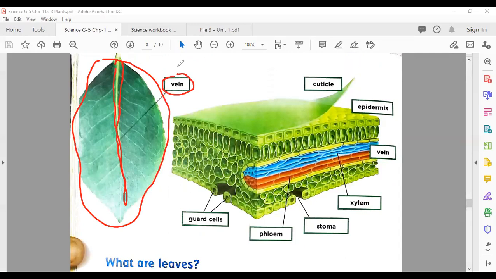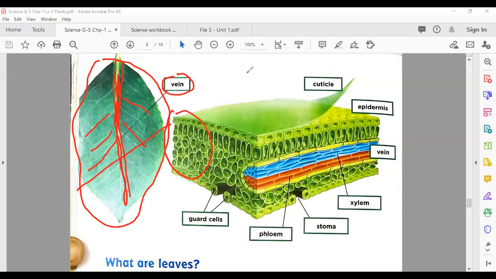It is present in the leaf when you turn it and look at the upper or lower part. You can easily see this part of the leaf that we name the vein. There are also the small veins, the midrib, and the veins present on this leaf structure. Now, what is this? When you cut this leaf across, you see the cross section, and the leaf looks like this.